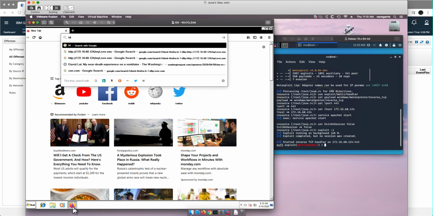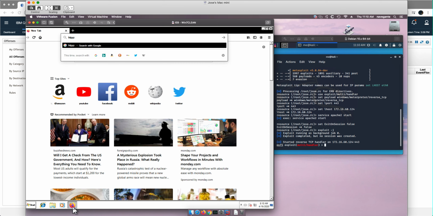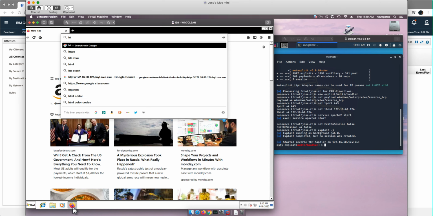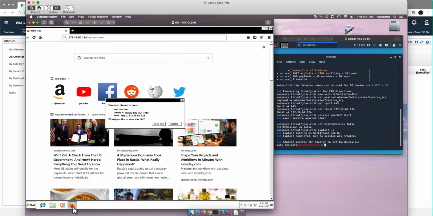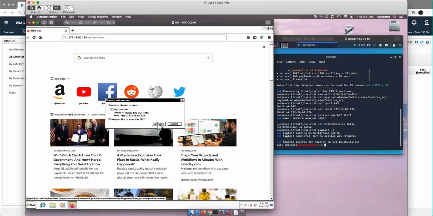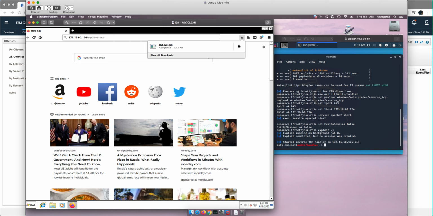So HTTP, 172.16.60.124, which is the Kali machine. That malicious link put me to download the mylove.exe that we have seen before. And I download this. This can be also subverted, but let's say that this is an Adobe